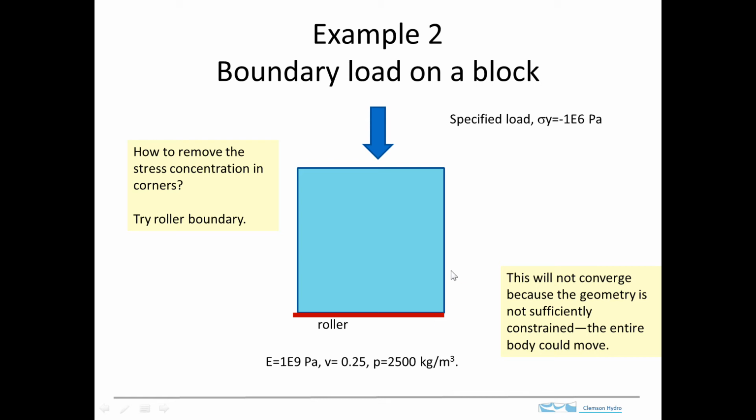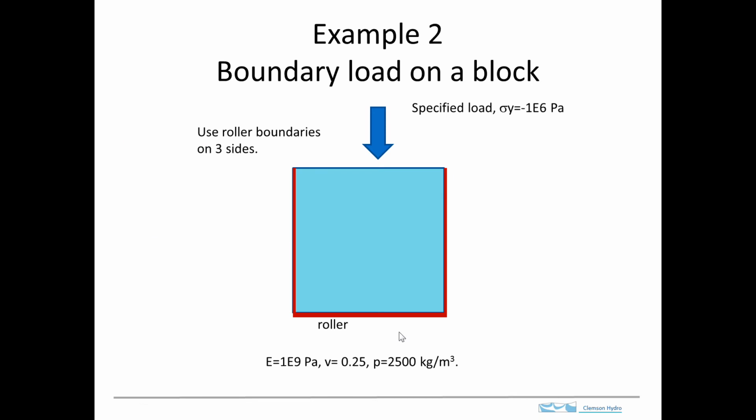And that's because we have this problem that it's not constrained in the x direction. This thing can move this way. There's nothing that's preventing that, and so that will prevent it from converging. And so the path forward then is to put rollers on the sides and rollers along the bottom. And when you do that,